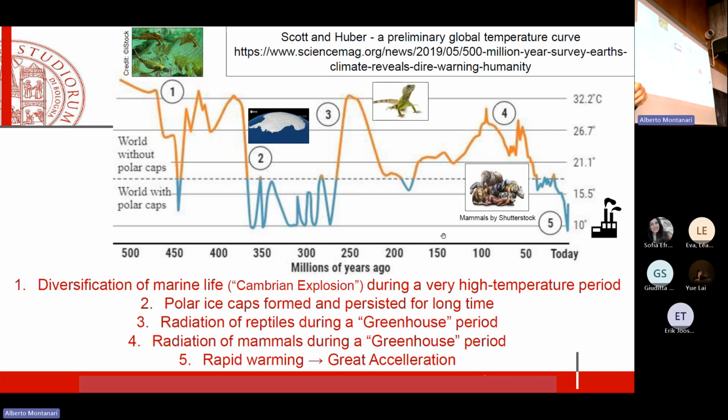And then when the warm period came again, we had a radiation of reptiles. What does radiation mean? It means diversification of the species. It means that there was a diffusion and therefore an evolution of the living organisms that led to a diversification. Because when a living ecosystem gets perturbed, the ecosystem tries to adapt, but this adaptation may imply a diversification of